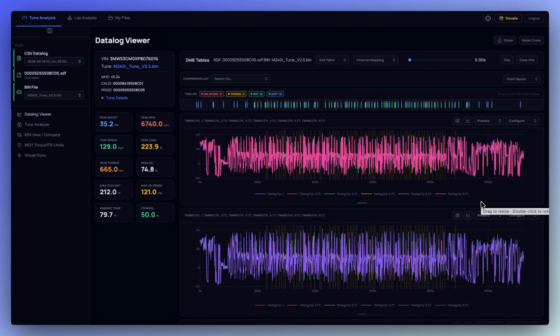All right, I'm going to go through some updates to tuning tools. This is version 1.2. Overall, I did a bunch of cleanup to the app, and I'm going to walk through some feature updates. A couple of them are on the data log viewer plot